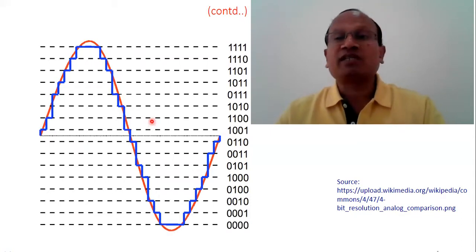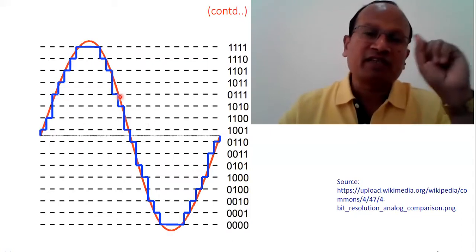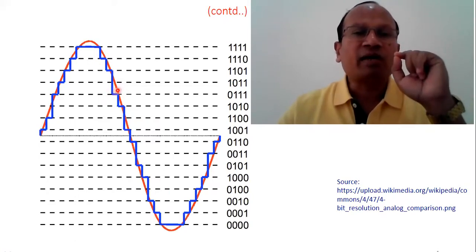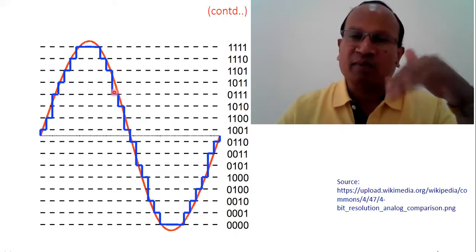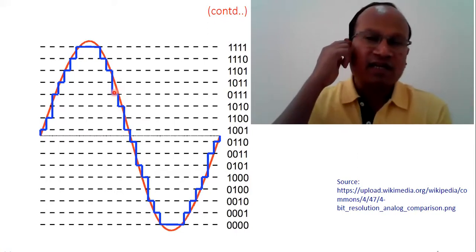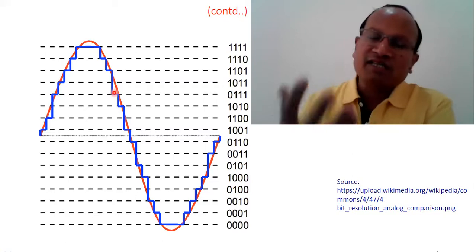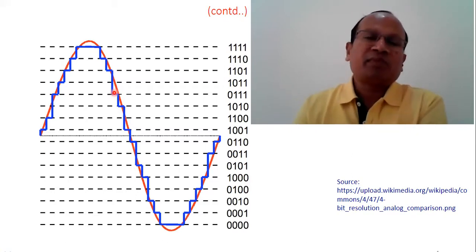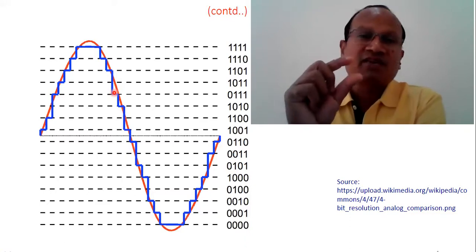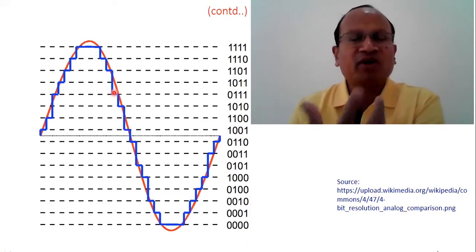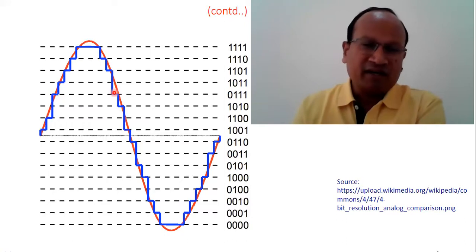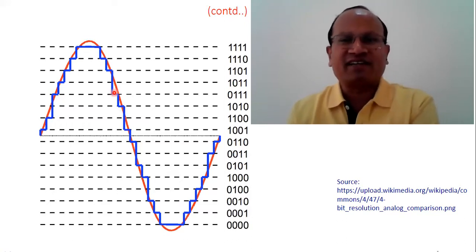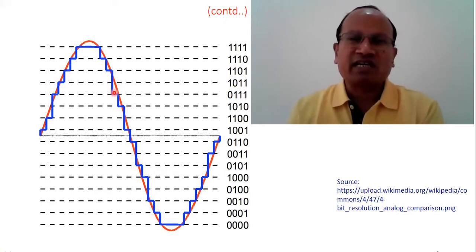So please try to understand. It means the difference between the actual signal and the approximated signal has become smaller. So the quantization error reduces. Quantization error becomes small when we decrease the step size, or we have more number of steps. But in this process, in order to reduce the quantization error, what we have to sacrifice is